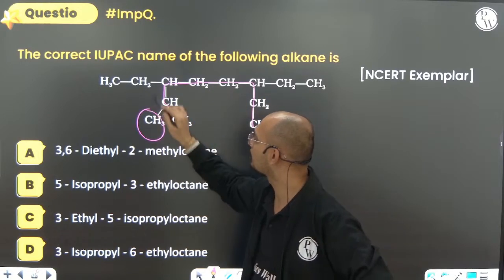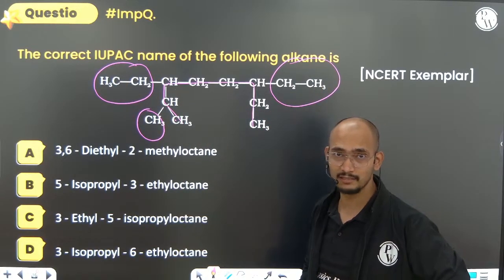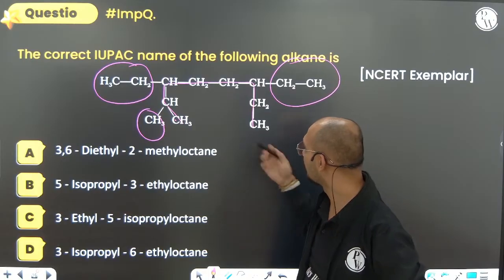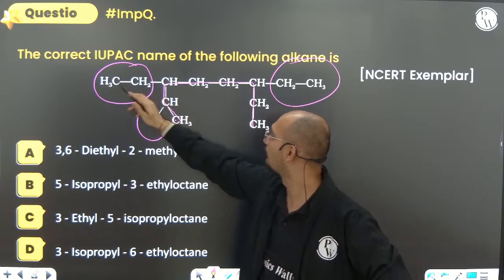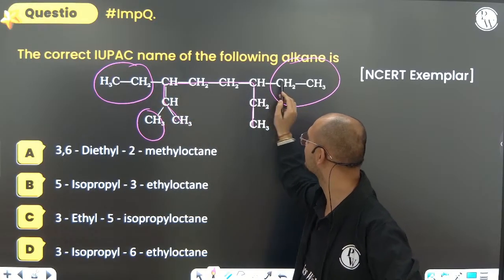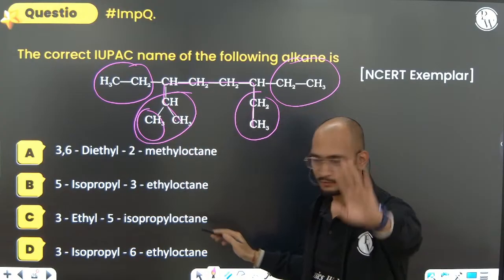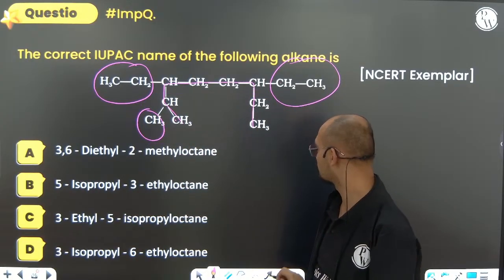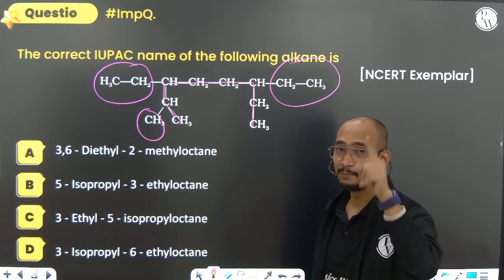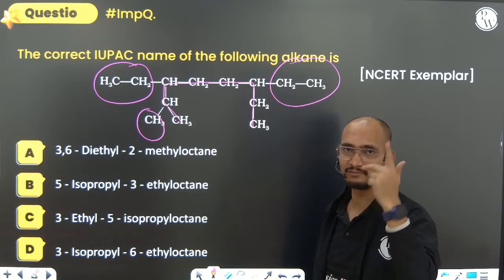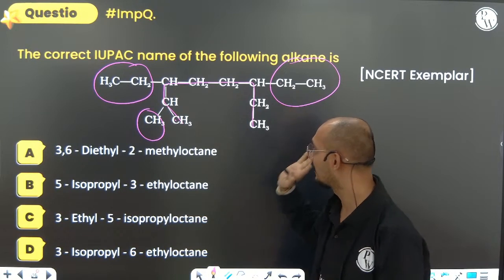But how many substituents are you getting? You are getting 3 substituents here, and that is a good thing. So what we can say? This may be a possibility. Anything else? If you go 1, 2, 3, 4, 5, 6, 7, 8, in such a case only two substituents will be there. So it will not be a good thing. What we have to do? First of all, we should see the largest carbon chain, and second, we have to see the maximum number of substituents. So the maximum number of locants should be available. How many locants are there in this? That is 3. So we can go with that.